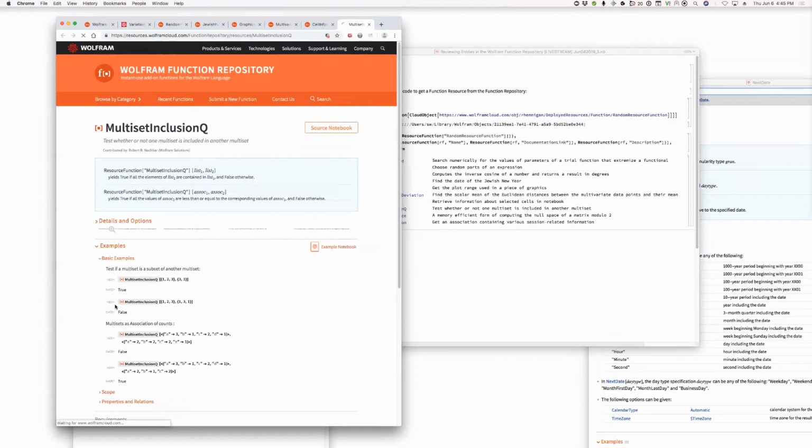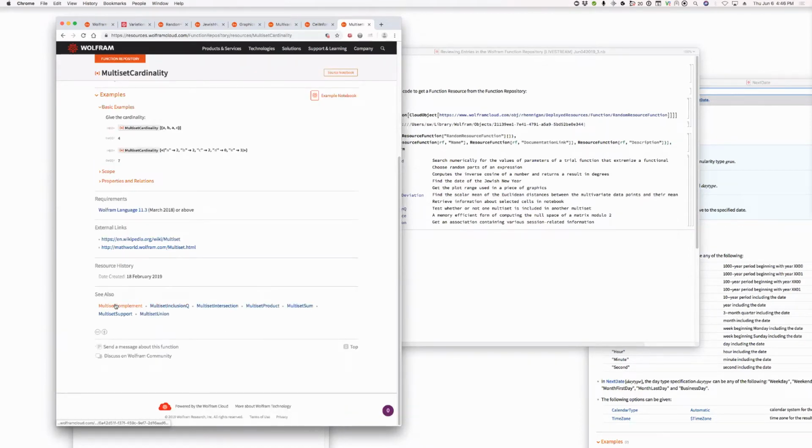Wait a minute. When you say the "See also" is here, these are function repository things. They shouldn't just be blue links, should they? If they were blobs, it would look ugly. I know, but I think they should be a different color. Because what is it going to look like if